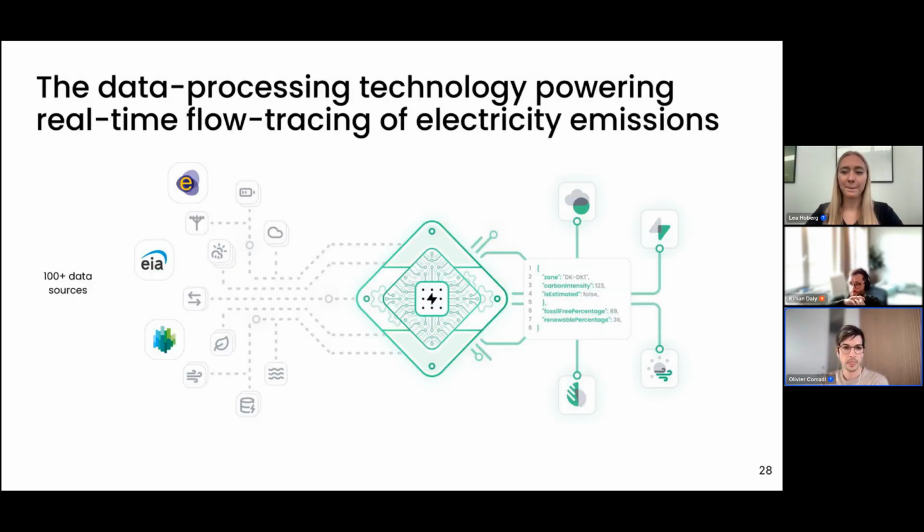Talk a little bit about what is important to keep in mind when we're looking at the processing of the data sources there. So at Electricity Maps, we're now collecting data from more than 100 data sources. We're collecting data from the data providers directly, looking at how much wind was produced in a particular country or a particular bidding zone for a particular hour, looking at all the different power production sources, but also all the flows of electricity across borders and soon also